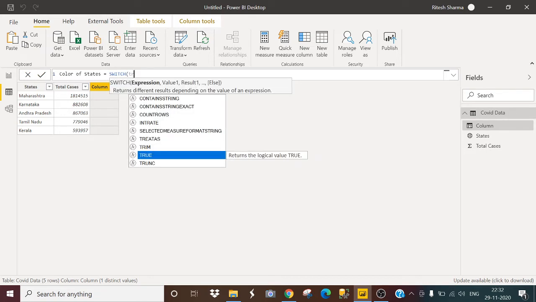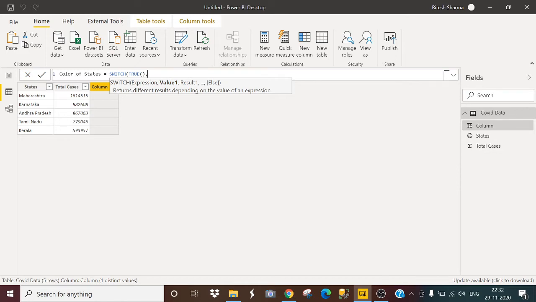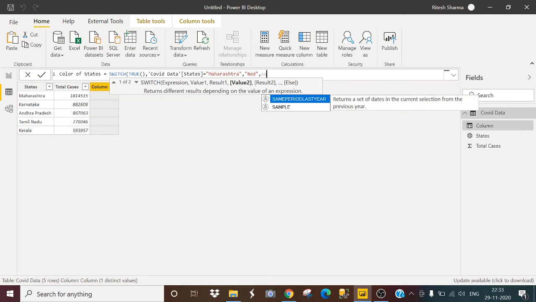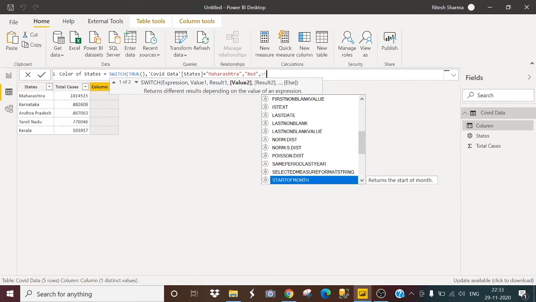In the value, I will give my column name, which is States, equal to Maharashtra. It will be red because it has the maximum number of cases, so that's why I'm giving it red color.